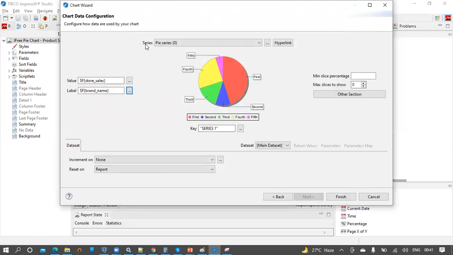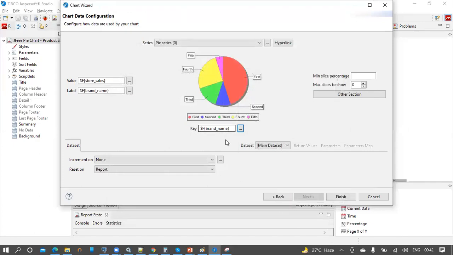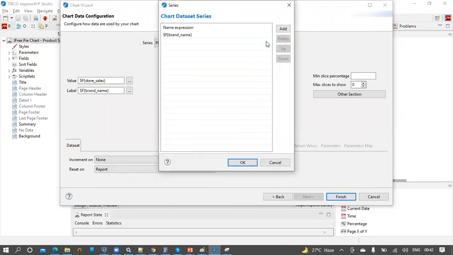For a pie chart, we don't require any series, but without giving one, we don't get output. So let us give the appropriate values for the series, value, label, and the key, which is nothing but the category here. And the category here is brand name. Click on finish. As soon as we select the category here, we can see that the series is updated with the same name, which is brand name.